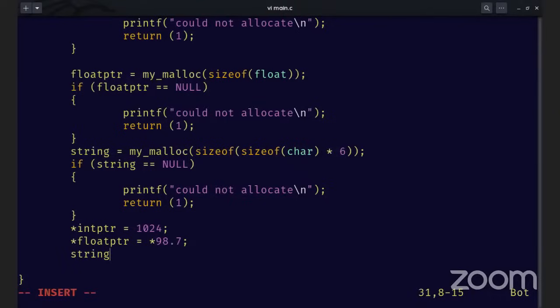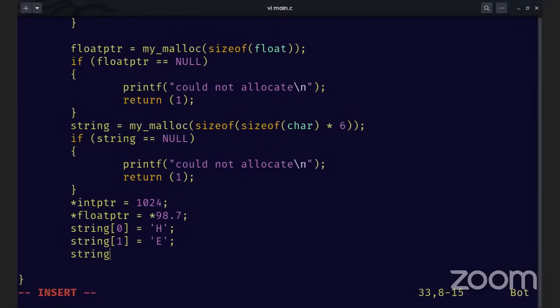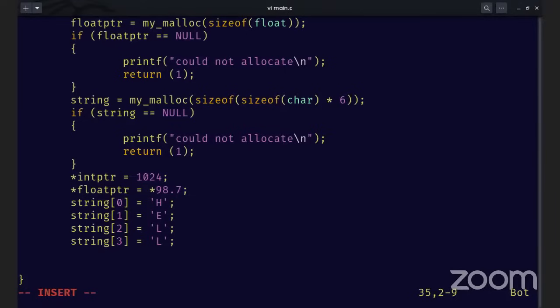Now, the string, how do we put stuff inside the string? Now, the case of the string is kind of, I don't know, I think it's different. So we can do something like this. We can do like the string 0 is equals to h, right? So we're trying to put hello inside. We have string 1 is equals to E, right? Stay with me. String 2 is equals to L, right? String 3 is equals to another L. Then string 4